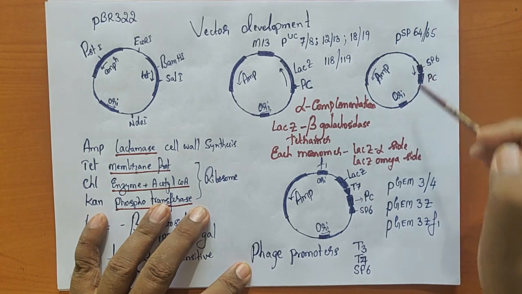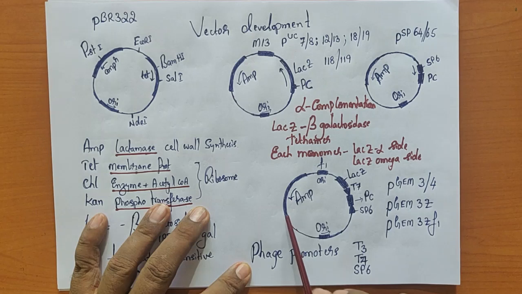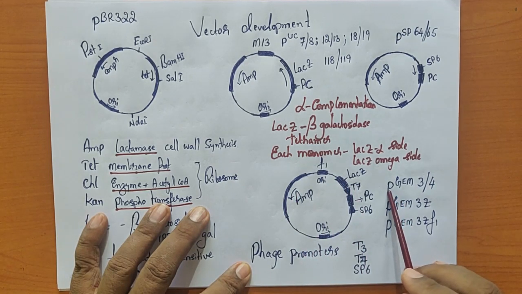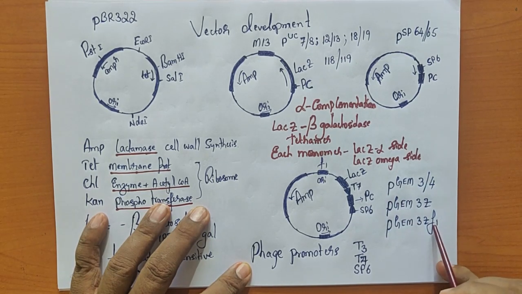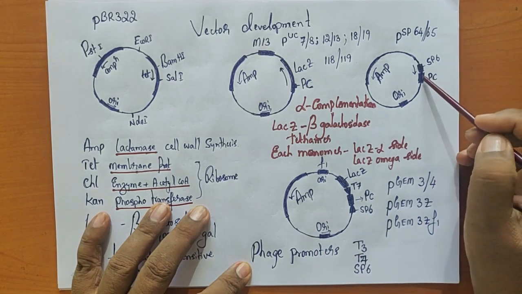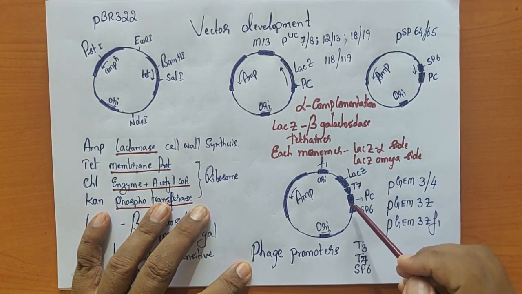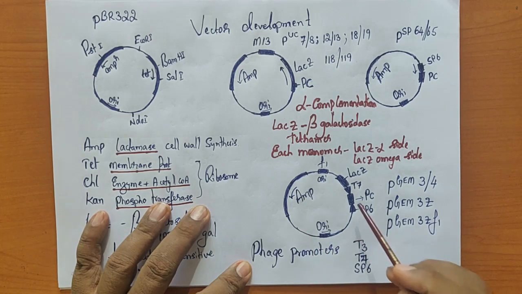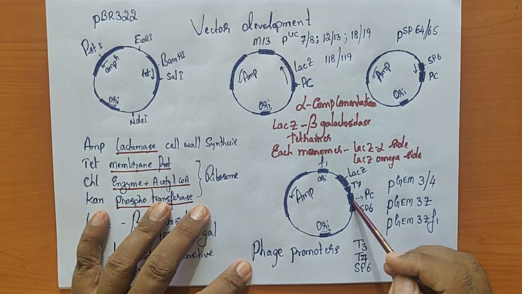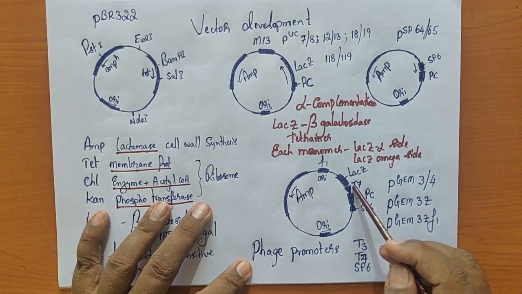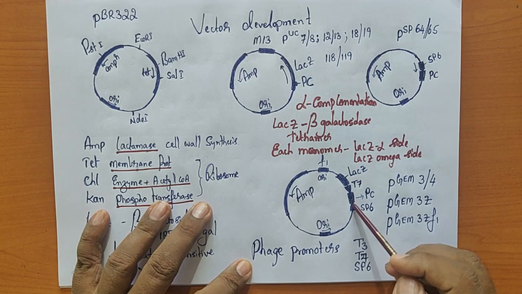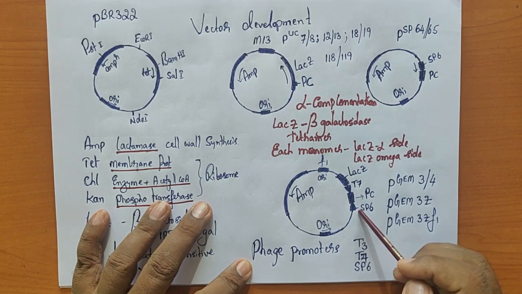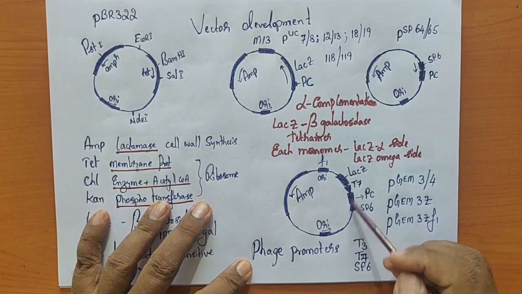Now compared to this, we again have a very versatile plasmid. We call them the plasmid pGEM series 3/4Z, and then we have the F1. All right. Now this is a much more modified version. For example, we have a polyclonal site here. Then they have introduced T7 promoter in this direction, and on the other side of the polyclonal site, they have also introduced one more promoter, SP6, on this particular site.